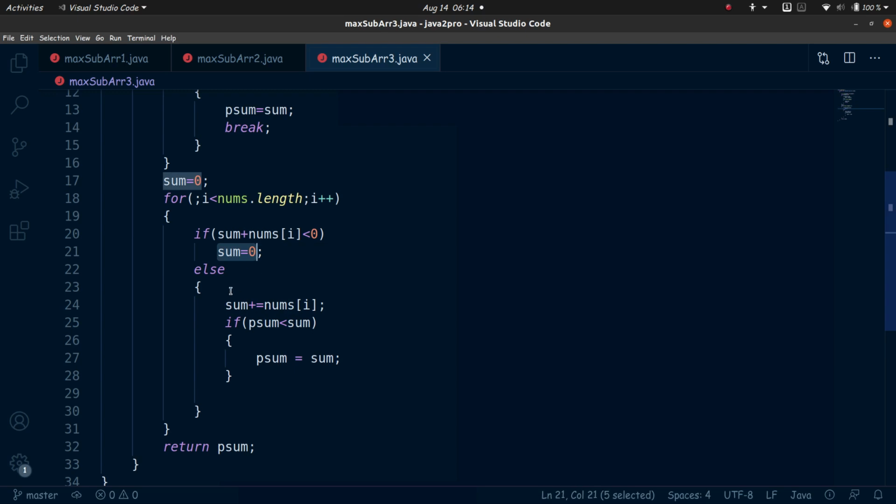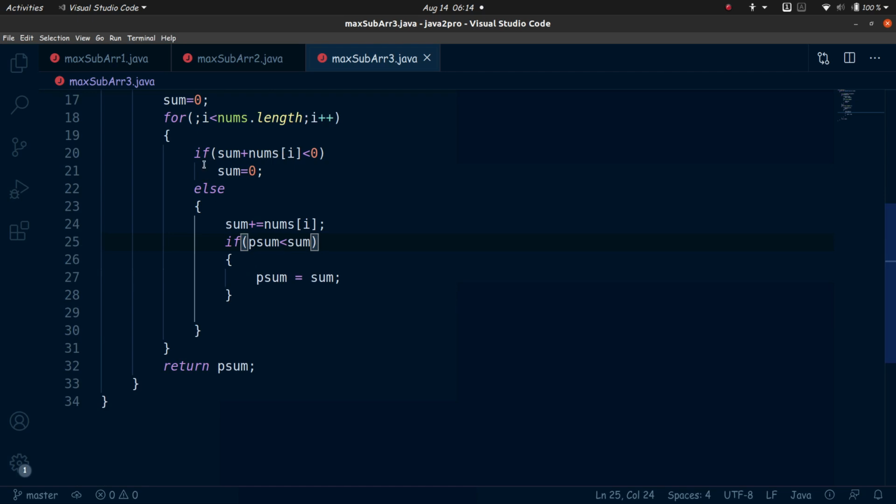Okay, it's for that index, but we don't have to store it for each index, because again we have got this p sum. It's just like the max sum. So if it is not less than 0, what we do is we add the number to the sum. If adding the number doesn't result in a number less than 0, then we add the number to the sum.